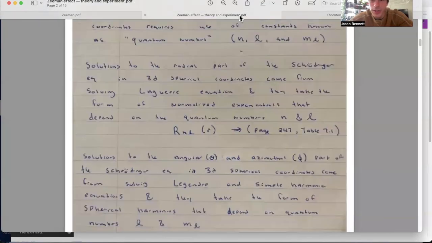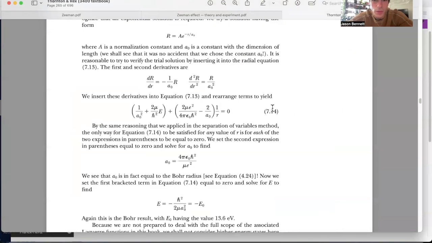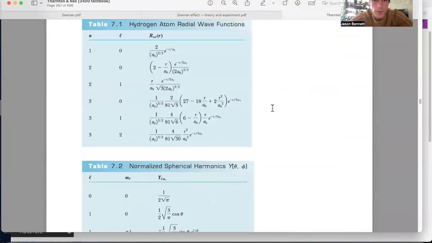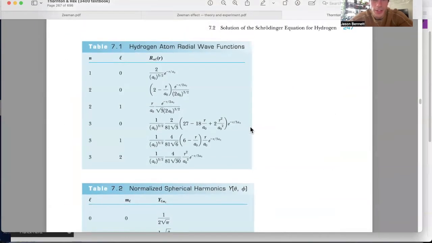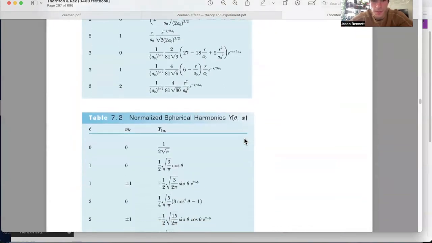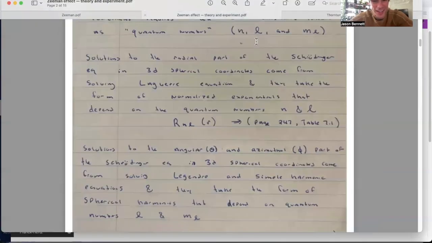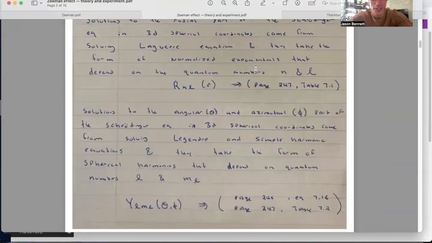Solution to the radial equation is table 4.7.1 right here. Those are normalized exponentials. And then the solutions to both the angular and the azimuthal part of the equation, they come in the form of spherical harmonics. There's a few of them. Again, I don't think it's worthwhile to explain why they have that solution. Just kind of fill in the gaps as much as I think